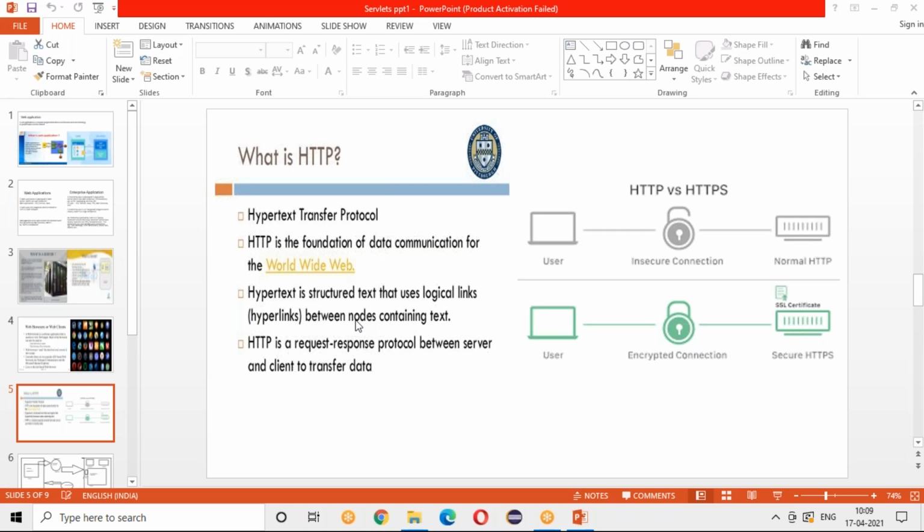Whenever you are trying to log into net banking or any other thing, what you see is the secured one, so that your connection is secured and you have an SSL certificate installed. Whatever data is getting transmitted is always encrypted. In net banking, you log in with your user ID and password. For sure, that should be encrypted, right? It cannot go as is. So on the web, it will be encrypted, and for that it should be HTTPS.